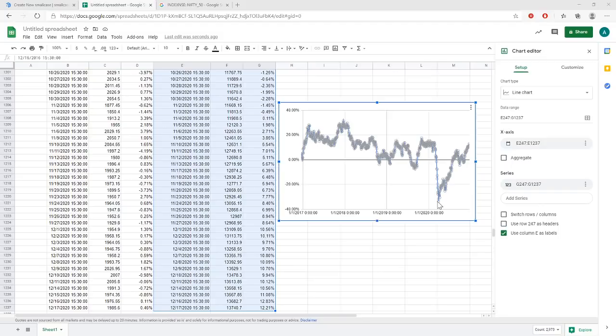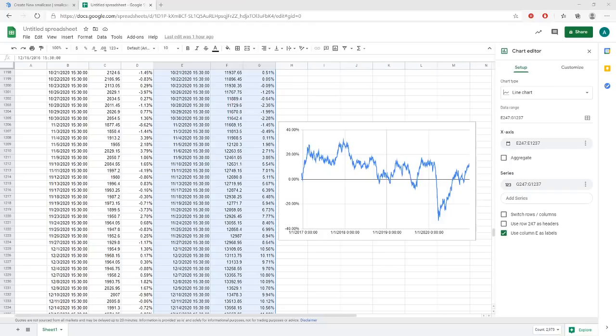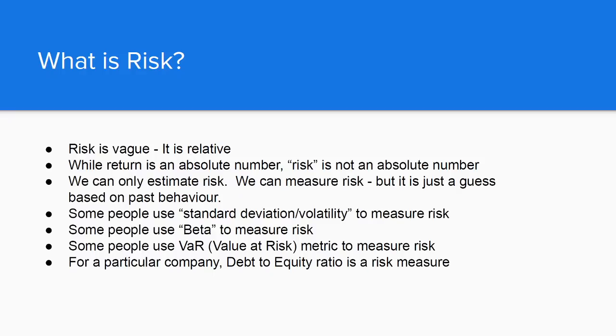And people analyze this rolling return to see how consistently the portfolio has performed. For instance, if a person had invested sometime in 2019 and had held it for exactly 1 year, they would have got a minus 35% return on their portfolio. That is what the rolling return means. So, what I just calculated is the 1 year rolling return. Similarly, you can calculate rolling returns for 2 years, 3 years, or any number of years.